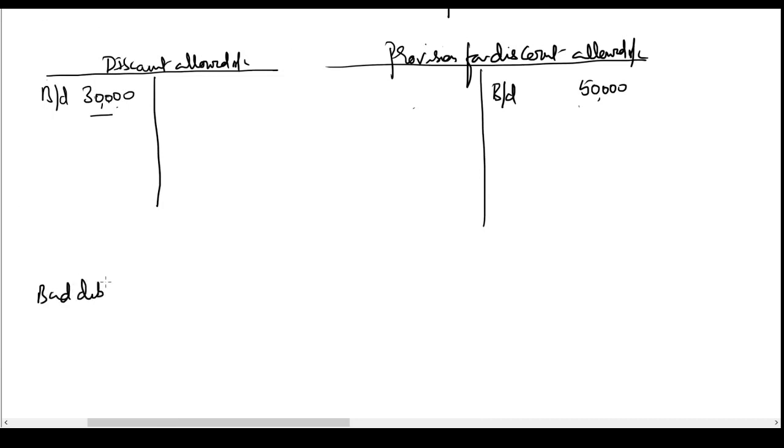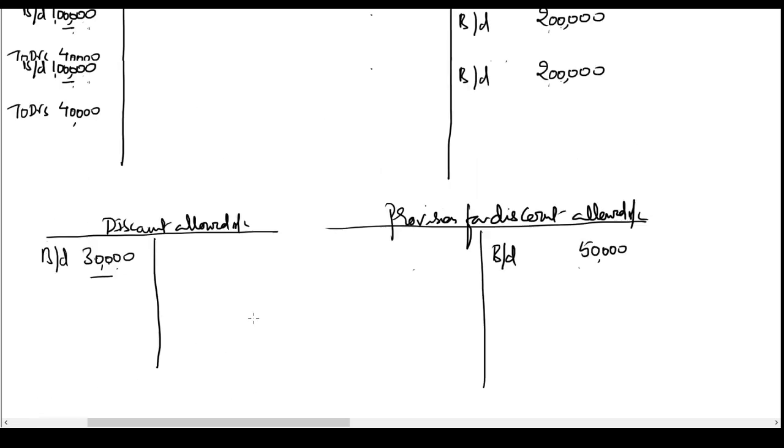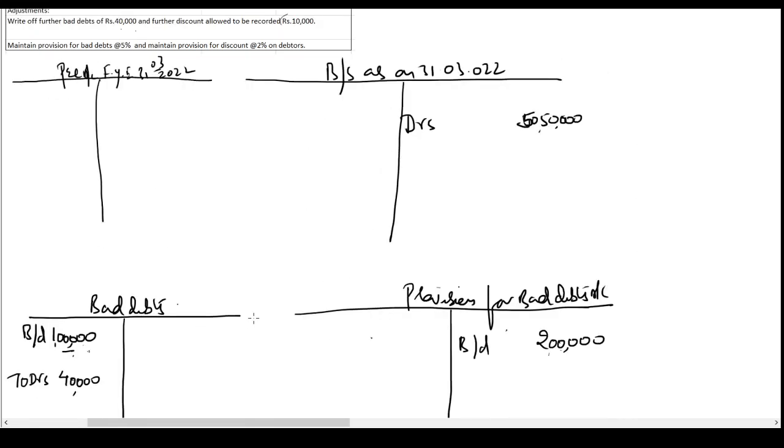Bad debts account debit, 40,000 to debtors. This entry we are passing now. That means both the debit impact and the credit impact have to be given now. Because of this entry, bad debts account has been debited, debtor account has to be credited. That means the balance has to be reduced. So I'll write less bad debts